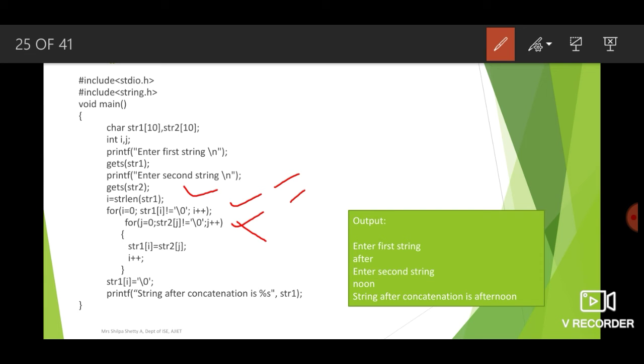If there are 5 characters, the index will go from 0 to 4. So in 0 we will have A, and in the 4th index we will have R. So now we have to copy the second string, imagine it is noon, to the 5th position. But what is 5? 5 is nothing but the length of the string.